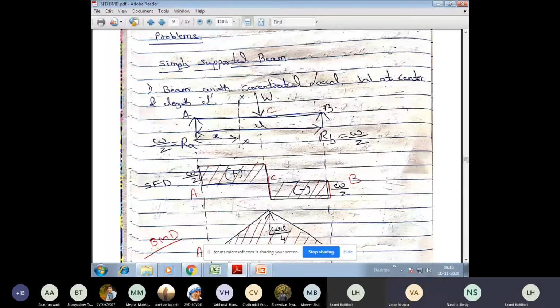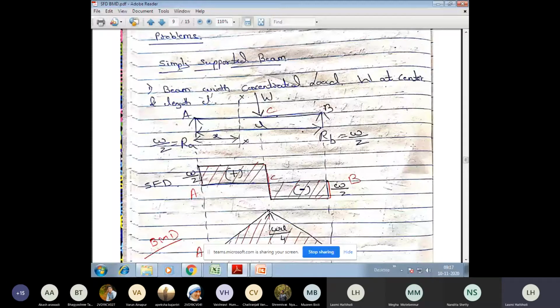What I'm asking is, we derived a small formula regarding the relationship between W and shear force, right? So what is that first formula which we derived? W and F. Do you remember? Okay, fine. W is equal to dF by dx. Yes, very correct. May I know who is this? Megha, ma'am. Okay, fine. So W is dF by dx, in the sense that the rate of change of shear force will give you the intensity of the load.